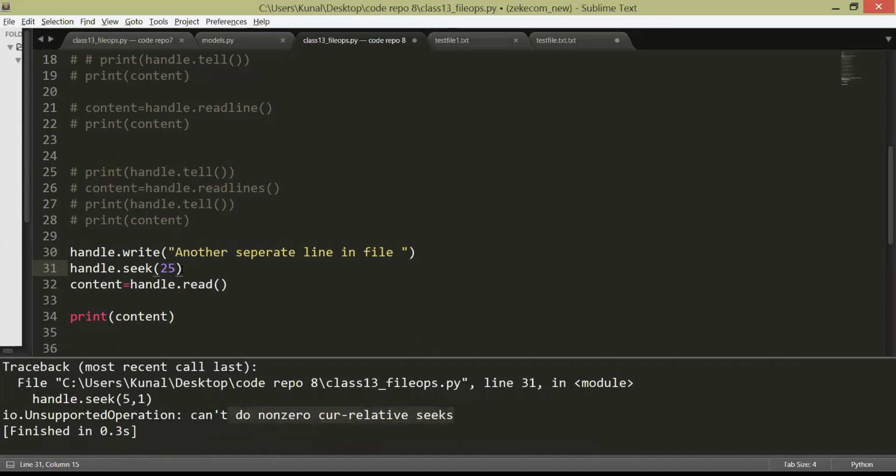If you want to move to the end of the file, you use 0, 2. If you are at the end or in between and want to move to the start, just 0 or 0, 0. And the current position? There is actually no point in using current. I cannot say from the current position move some characters; this does not work. We have to calculate from the start of the file. And if you give only one argument, it will take 0 by default. So when I say 2, the second argument is